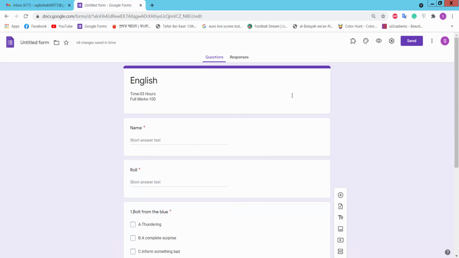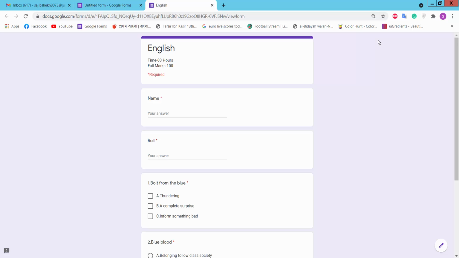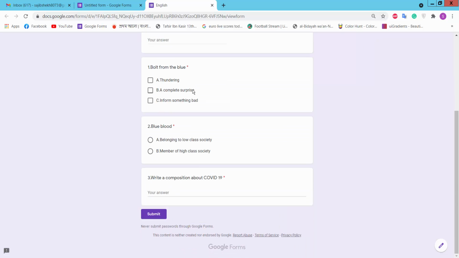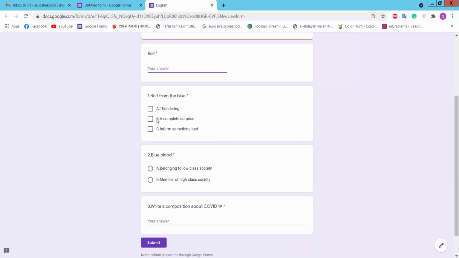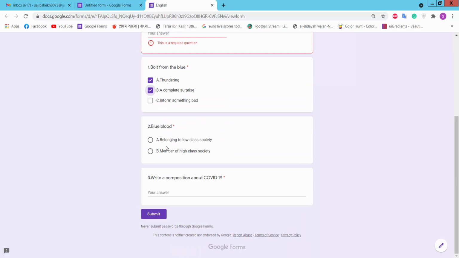This is our form. Click the preview option. This is the form: name, role, multiple choice,